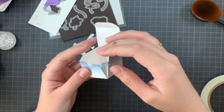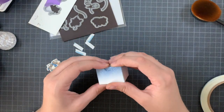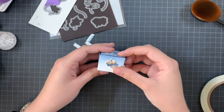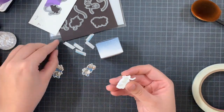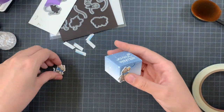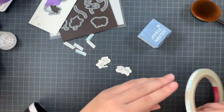So there is the white from the snow, and then it's getting darker and darker towards the top, where there are also again those white splatters which also represent snow. So that was the idea, keeping it really simple. And yeah, I also of course took some blue accessories for my mice to match my background. And now I am deciding where I am going to put each one,